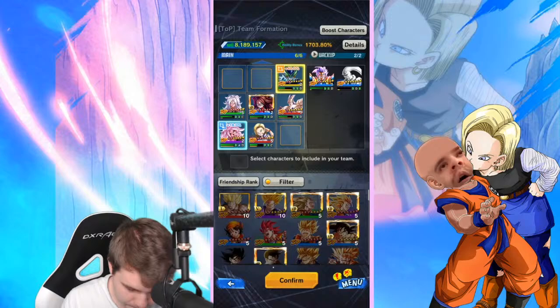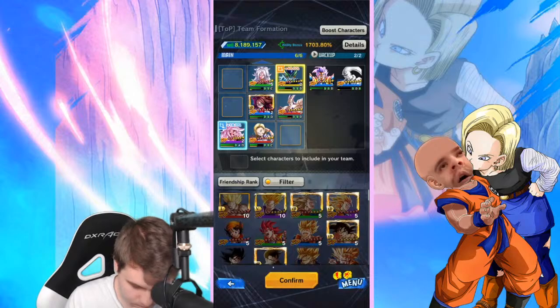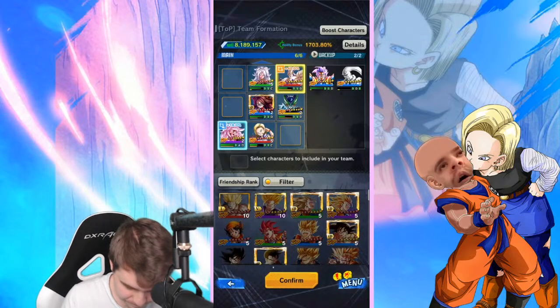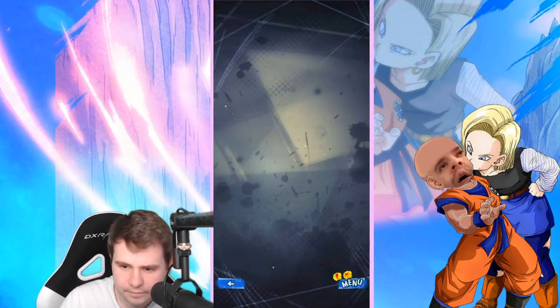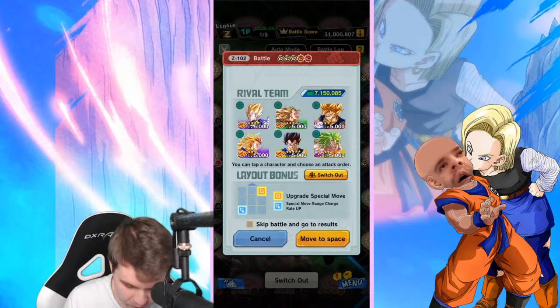Let's see. Put that one there. Put that one there because of the neutral damage. The neutral damage matters more here. And we'll do that. Alright, so in this particular situation, considering who's going first...